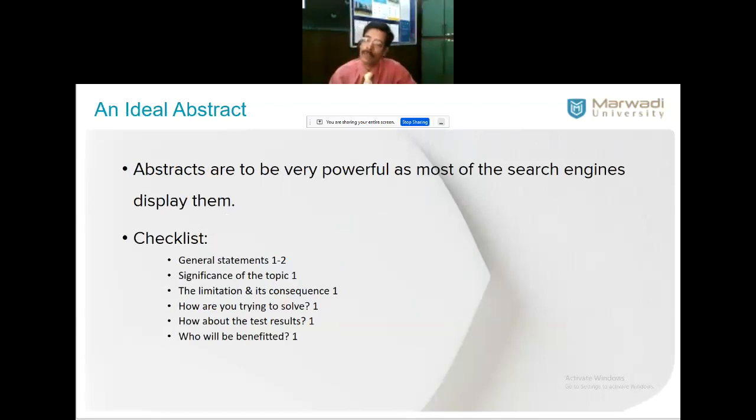Abstract, people cannot write as it is whatever they want. Abstract may have very limited sentences. Most of the abstracts will be available in all search engines. Even though some papers are not available in full, you can read the abstract, try to gain some insight of the paper, and you can pay and get the whole paper. So abstract is very, very powerful as they are listed by the majority of the search engines.